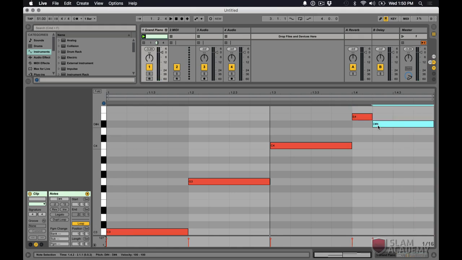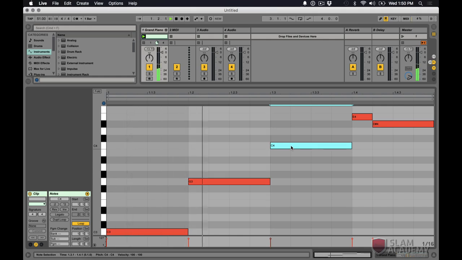D sharp's not in the key, but that's okay. We'll deal with that later. The main thing we heard was C, G, C. So let's hear what that sounds like in context. Right? That's the main melody.